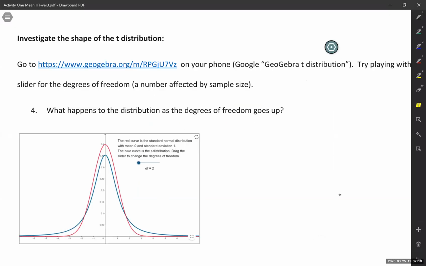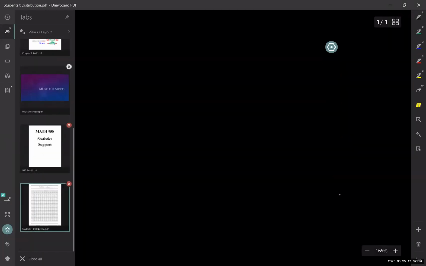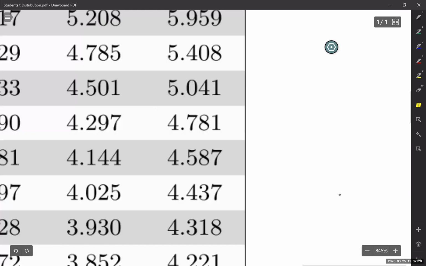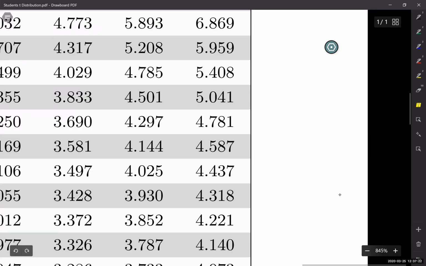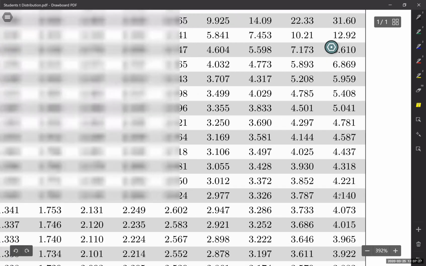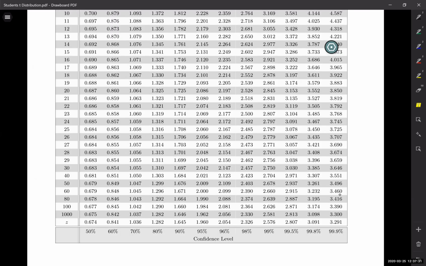And before we go on, I want to look at that table for a minute because we saw this, we just didn't talk about it per se on this table. If you look at the bottom, the degrees of freedom, as we get bigger and bigger,